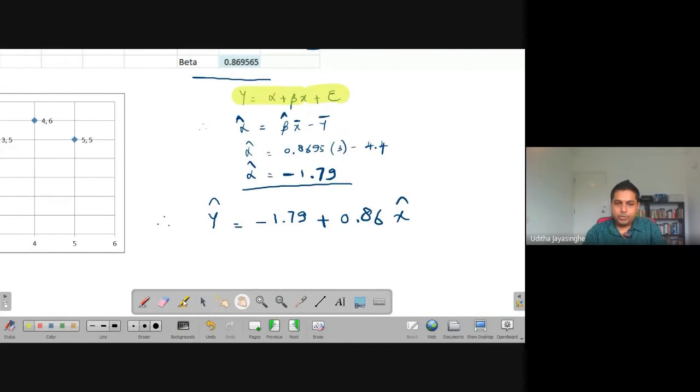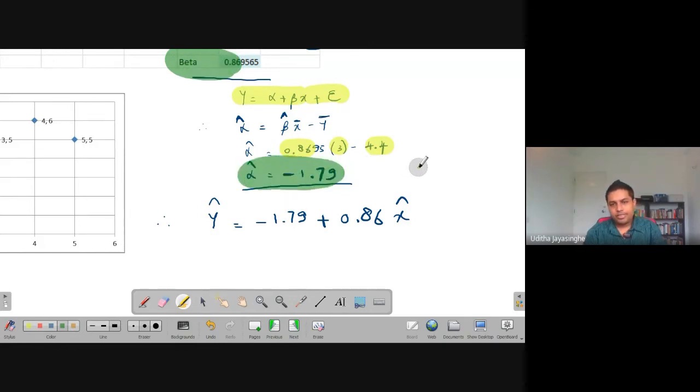Now I'm going to substitute these 2 points, 3 and 4.4, to the computed beta value of 0.86 and to get the alpha hat or this assumed alpha value. So for this alpha, now the beta I got as 0.86, and for alpha, I'm going to get